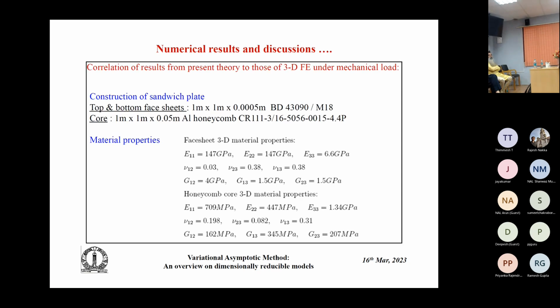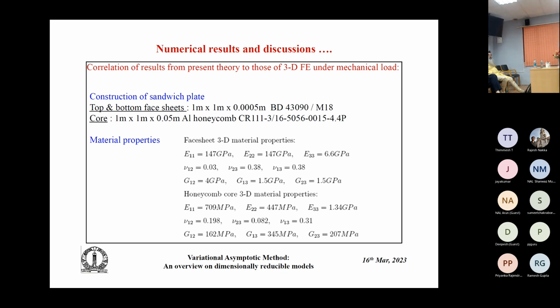So for this analysis, we have taken the top and bottom face sheet as a bidirectional composite with T300 as the fiber and M18 as the resin. We have considered a plate, that is the top face sheet, of 1 meter by 1 meter having 0.5 mm thickness, and the core as 1 meter by 1 meter and 50 mm as the thickness,